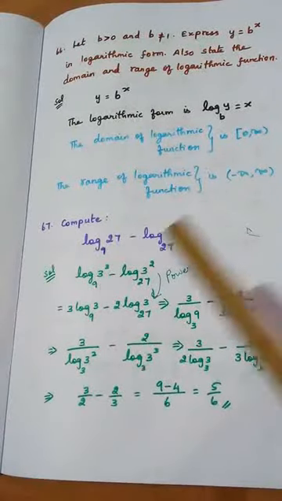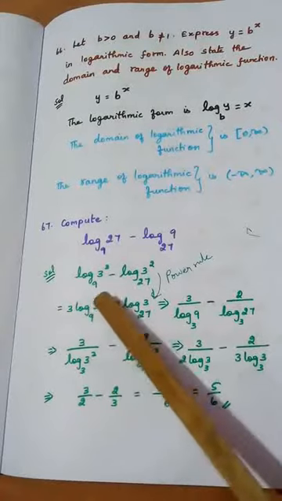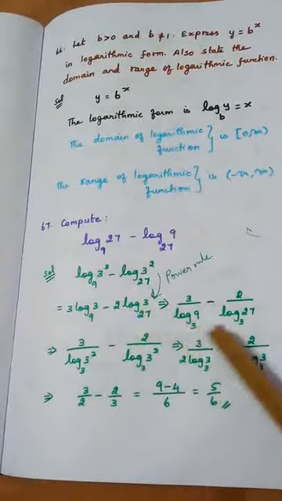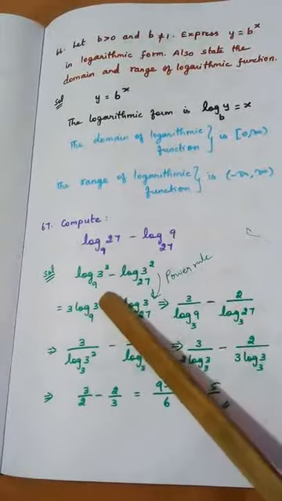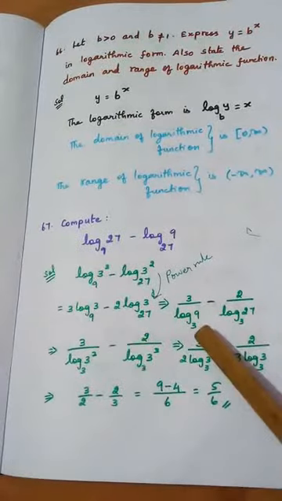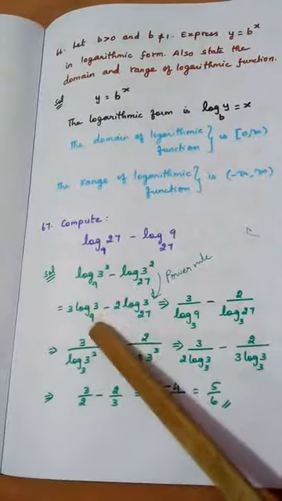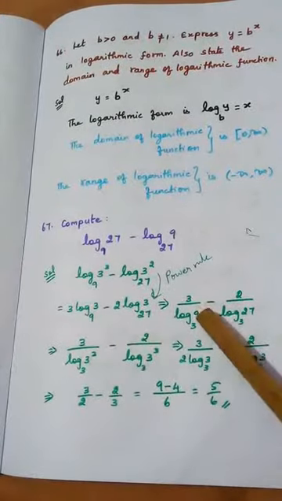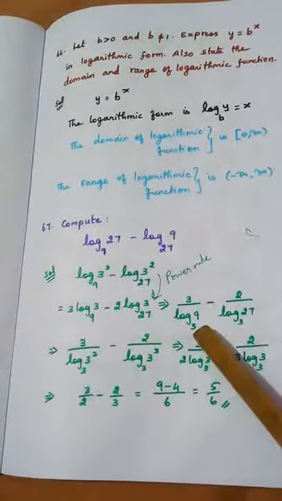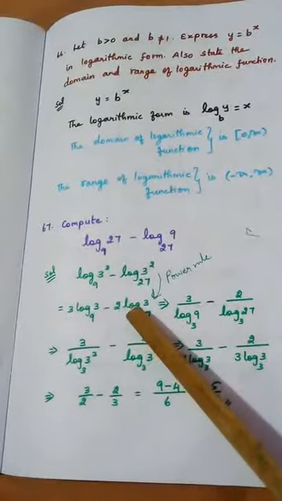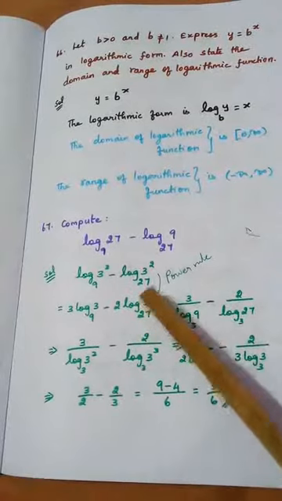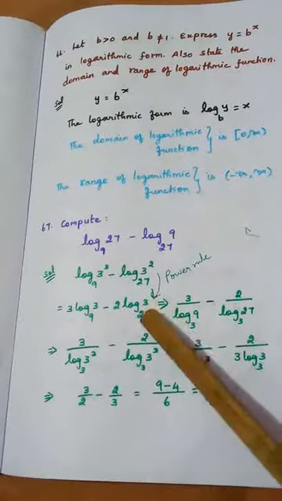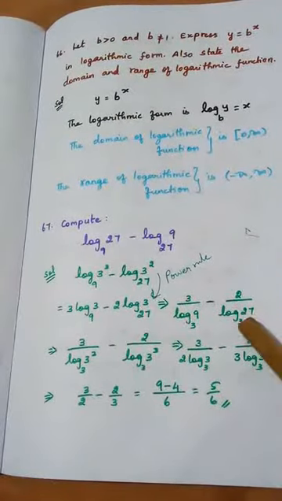Now from this 3 log 3 base 9, I am going to bring this to the denominator. This 3 stays in the numerator. I am just bringing this to the denominator. So I have to change these two numbers. 9 comes up, 3 goes as the base. Similarly here 2 stays in the numerator. Log 3 base 27, take it to the denominator so that 27 and 3 are interchanging.